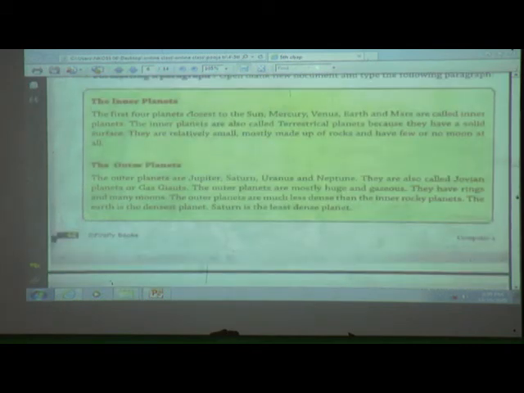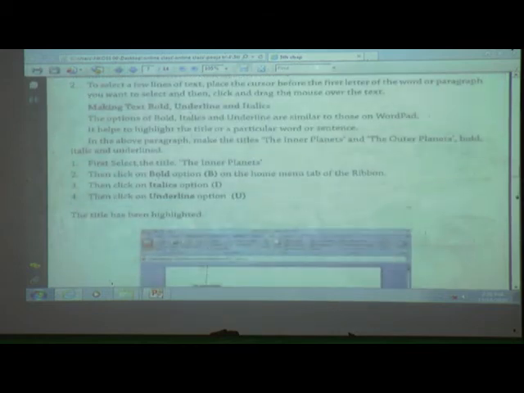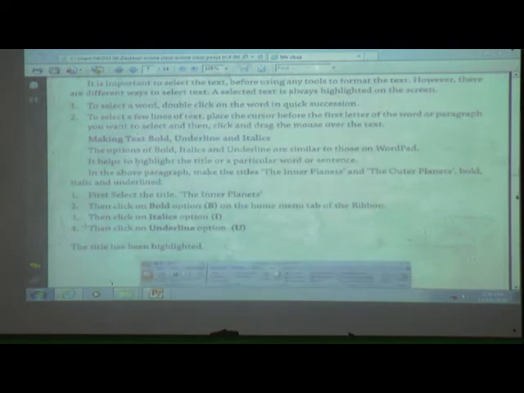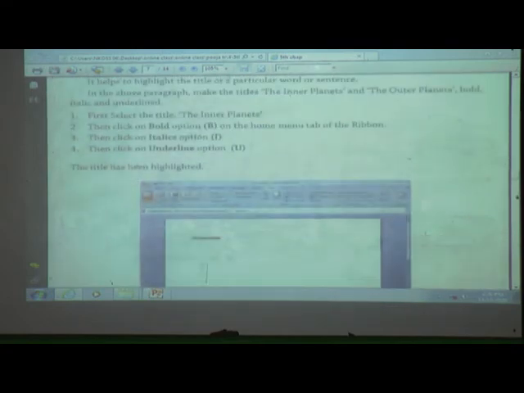Next, how to select a single word or more than one word, or we can say a sentence or paragraph. How to give the effects bold, italic and underline. We can give these three effects at a time also, and at different times also.